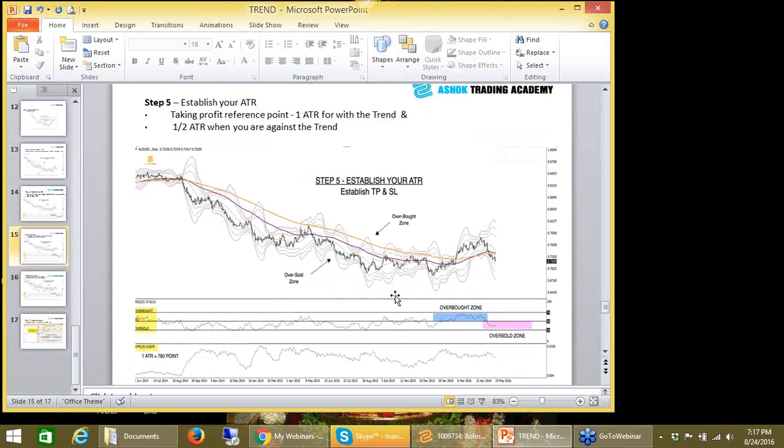Once you find the overbought and oversold positions, then you take a trade. How much do you want to trade? How much risk do you want to take? How much ATR do you want to find? How much is the ATR, the price moving? So once you put the ATR here,